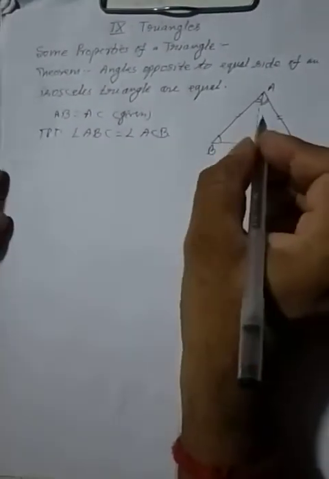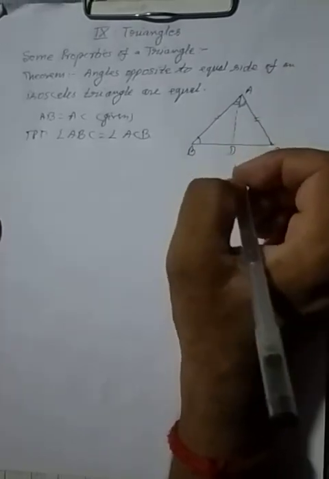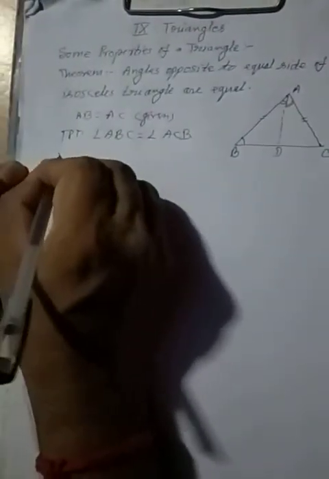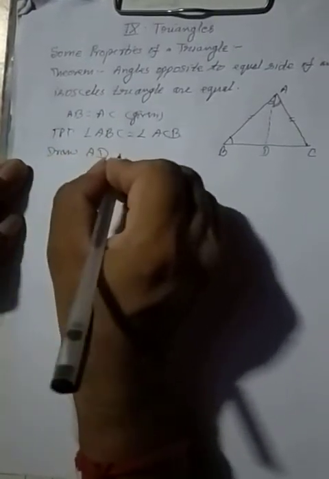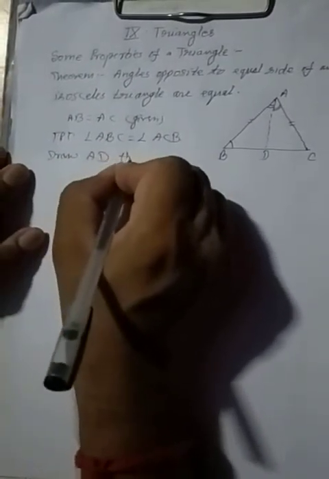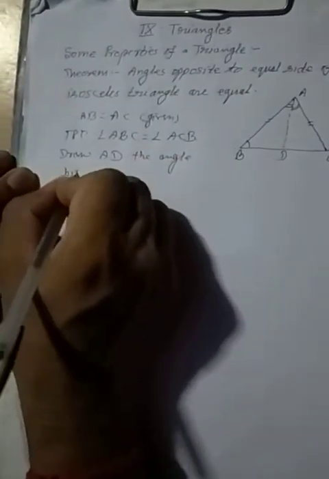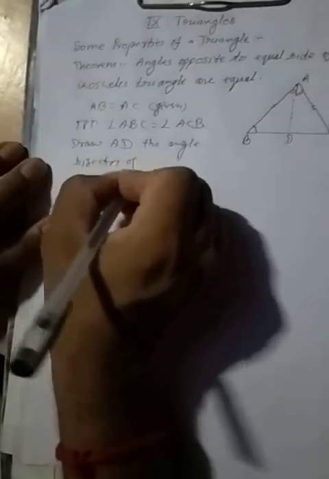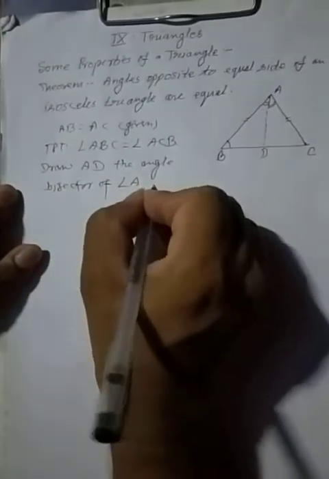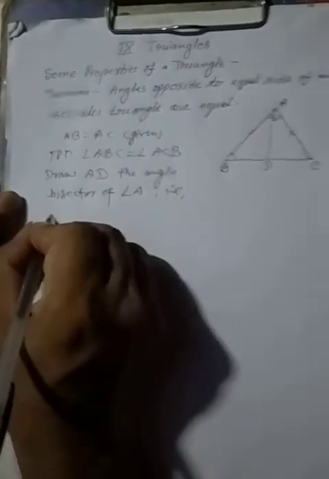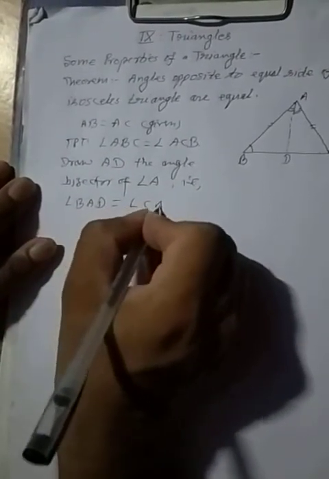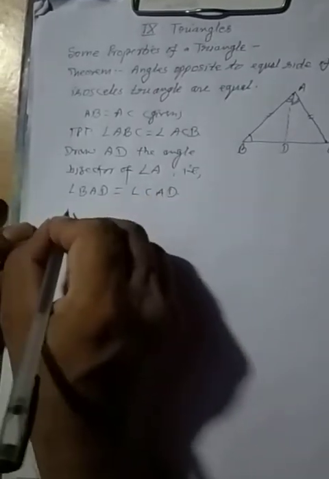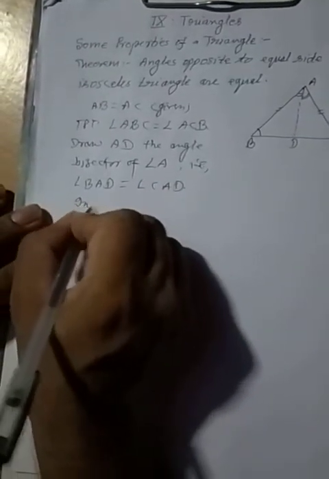Let us draw the angle bisector of the angle A. So draw AD, the angle bisector of angle A, that is, angle BAD is equal to angle CAD. This is our construction. Now to prove, in triangle